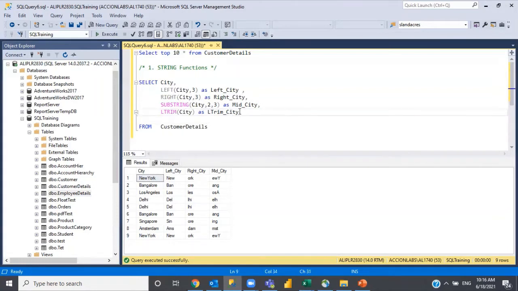In the same way, if you want to remove the space at the end of the string, you need to use the function called rtrim. If the space is at the end, use rtrim; if the space is at the start itself, use ltrim.